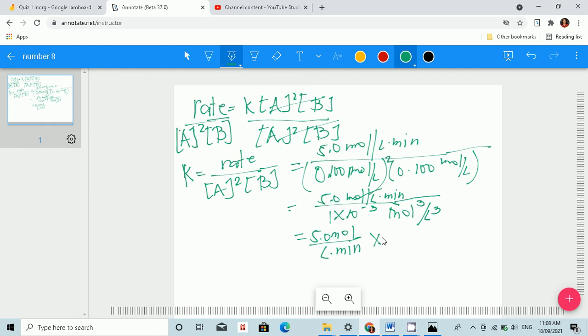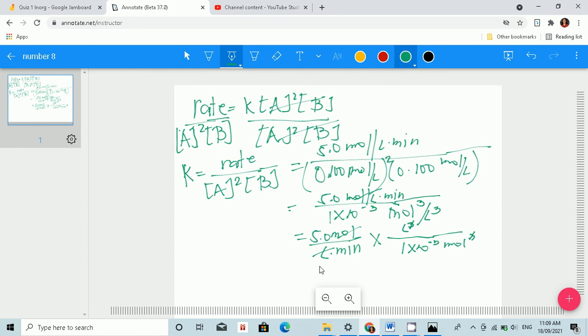So let's multiply this way, so we will really see what will happen to the units. So here, liter cubed over mole cubed. Now you see that one? This one we can cancel, and the mole we can cancel here. So we will be left with